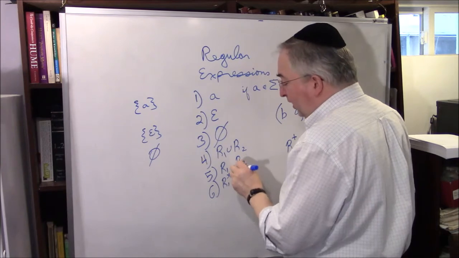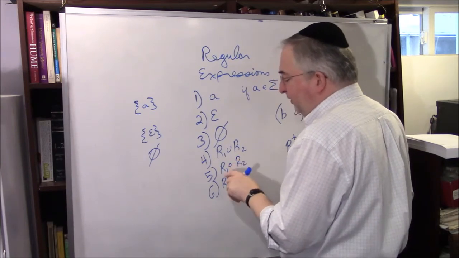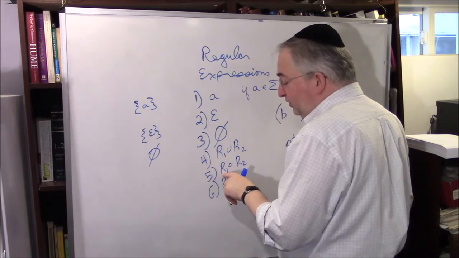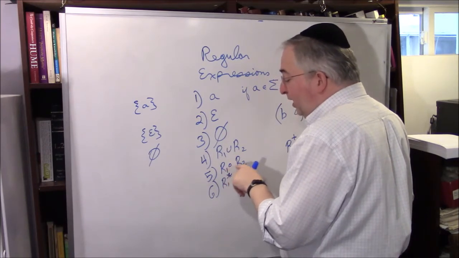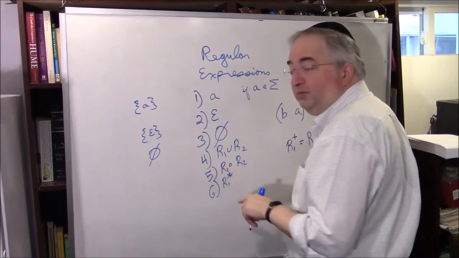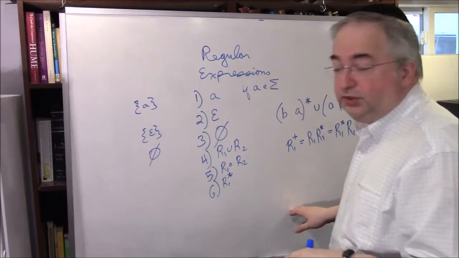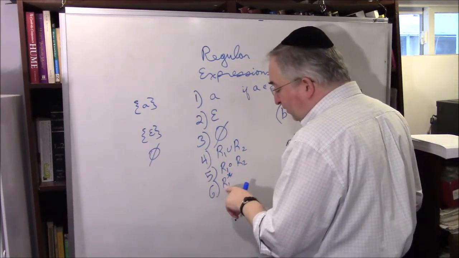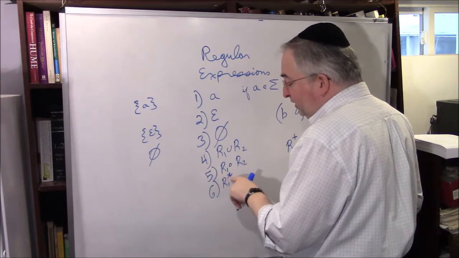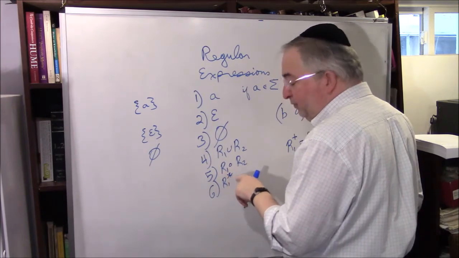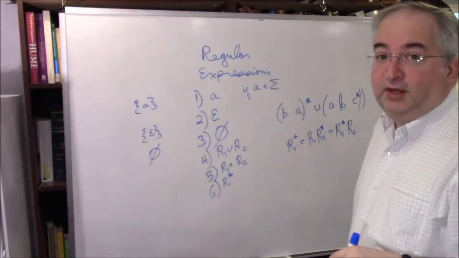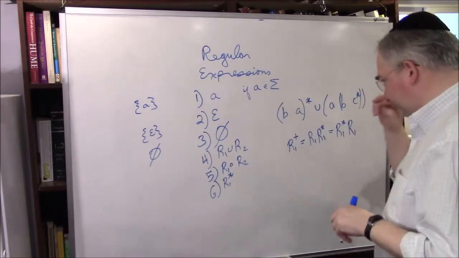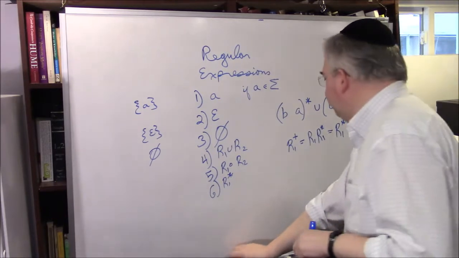And if this regular expression corresponds to a language, and this regular expression corresponds to a language, then this is going to correspond to the concatenation of those languages. And if this regular expression corresponds to a language, then this, the whole thing with the star, is going to correspond to the star of the language. Okay? And then something like this